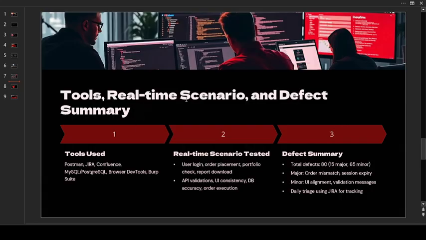Okay, tools, real time scenario and defect summaries. What kind of tools you have used, like Postman, Jira, Confluence, MySQL, browser dev tools, Burp Suite. Those are the tools you use in your organization. You have to explain what kind of tools you have used, real time scenarios tested, and defect summary. Okay, so you can read that. Also I'll share that